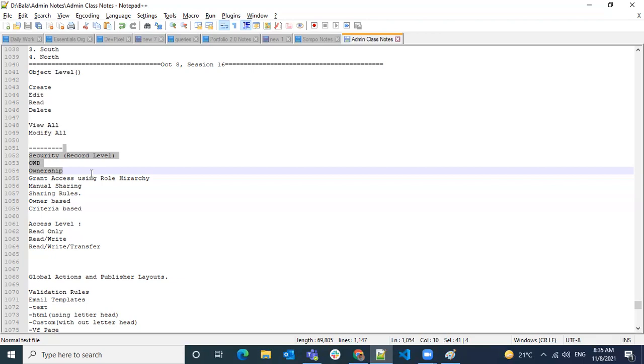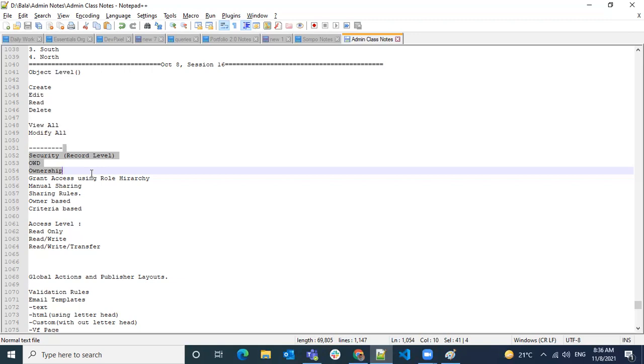Remember, the created user is going to be the default owner, but if he changes the owner, record level security is based on ownership. Even if you created the record and changed the owner to somebody else, the new owner of the record will possess the access to the record, not you.